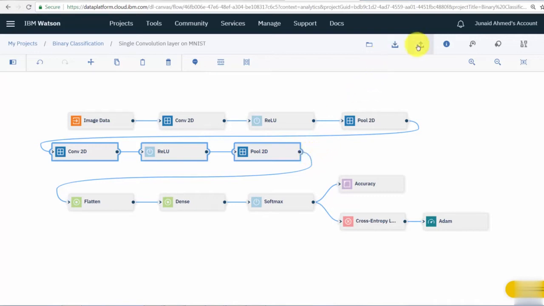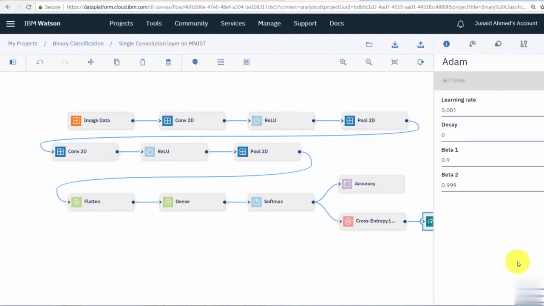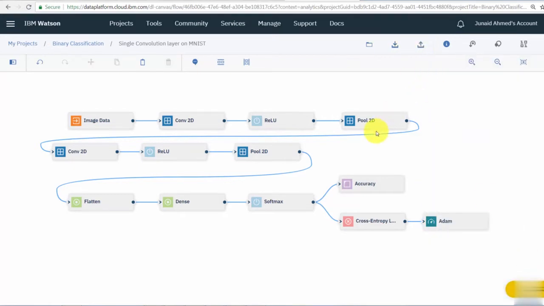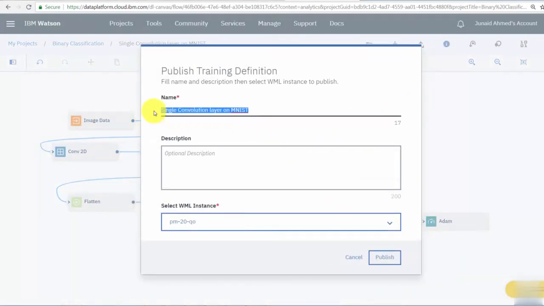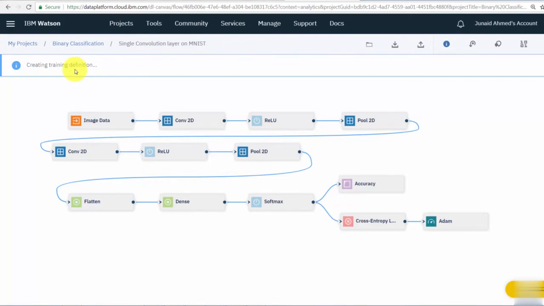All right, let's go and publish this, and definitely I want to check the learning rate. The learning rate looks good, so we're gonna say MAA3. All right, so say publish. All right, so now we have 3 training definitions, so we can go ahead and create the experiment and run them in that experiment. So I'm going to say train it in an experiment